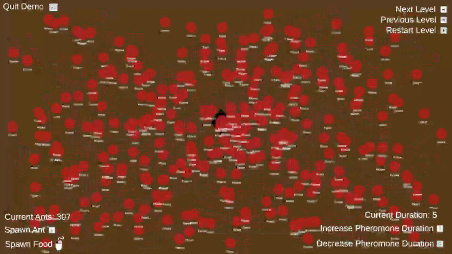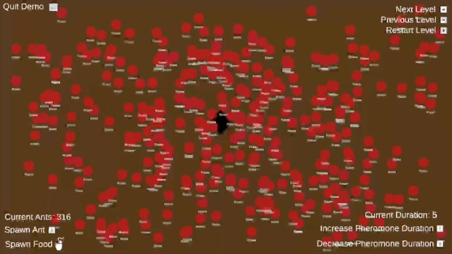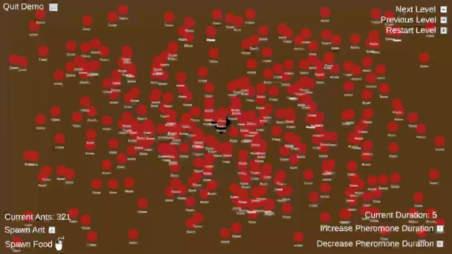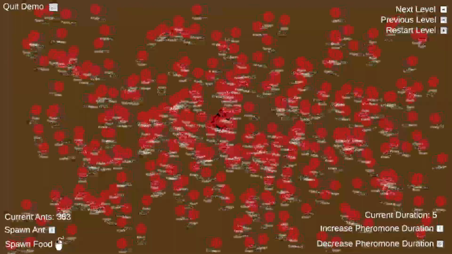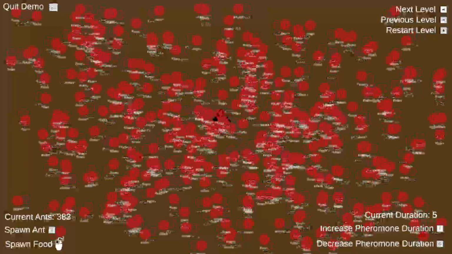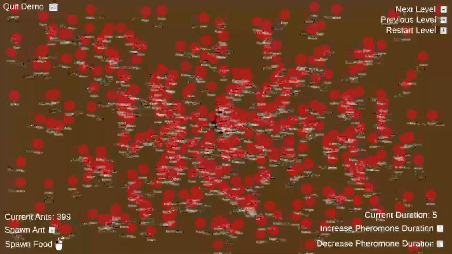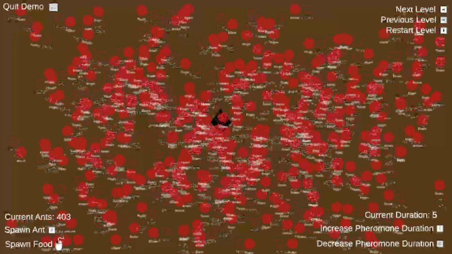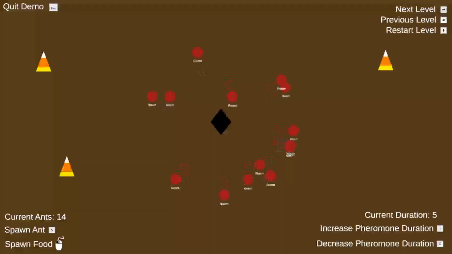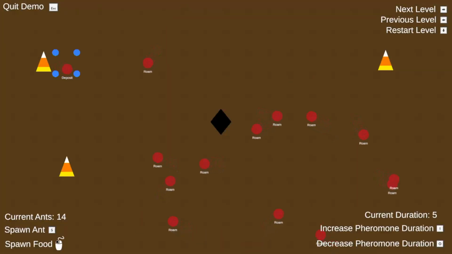So I'm just going to get to that point real quick. At 316, it's getting a little slow, but this should be fine up until about 400, is where it really starts to show. Yeah, you can see here it's starting to lag quite a bit. So I'm just going to restart the level, go back down to 14 ants,